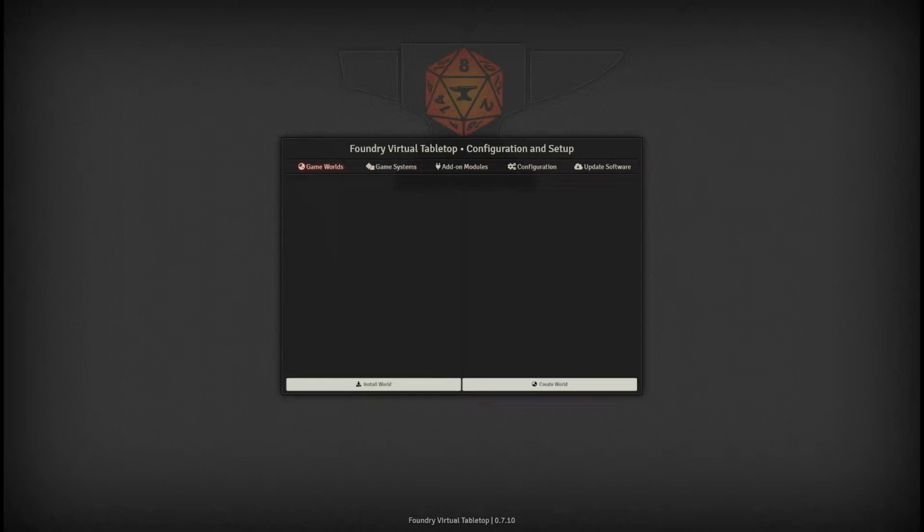But today, I'm going to be showing you how to go from a brand new installation of Tabletop, and just as a point of order, it's 0.7.10 that I'm using because that's the most stable build as of recording this video. I'm going to show you how to go from this complete blank slate